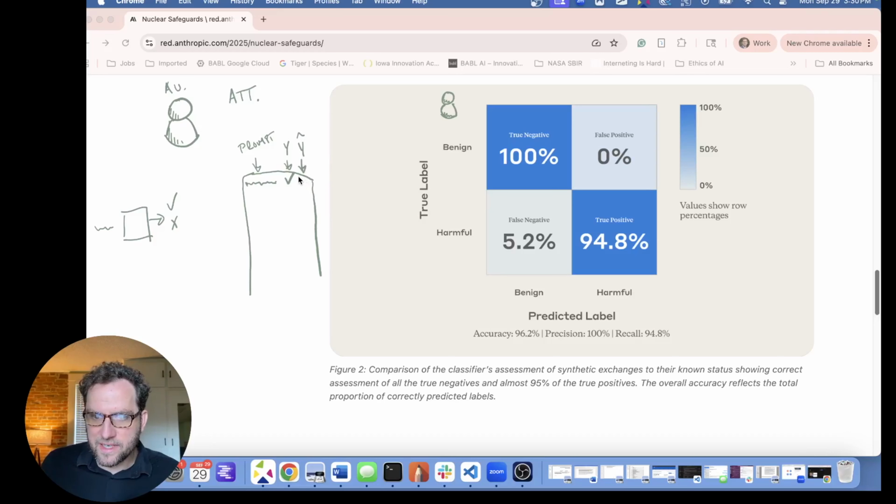Okay, and let's say you got it right. So that's this. And there will be other queries where it might be harmful and they've labeled it correctly as harmful. But this is a confusion matrix. There will be some cases where it's actually harmful. So this is the true label, but it was labeled as benign. That's 5.2% of the cases. So this is the false negative rate. So these are ones that were actually harmful. So this is the ground truth, but they were labeled as benign.